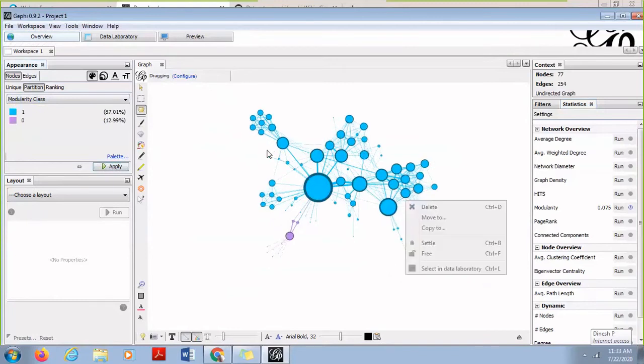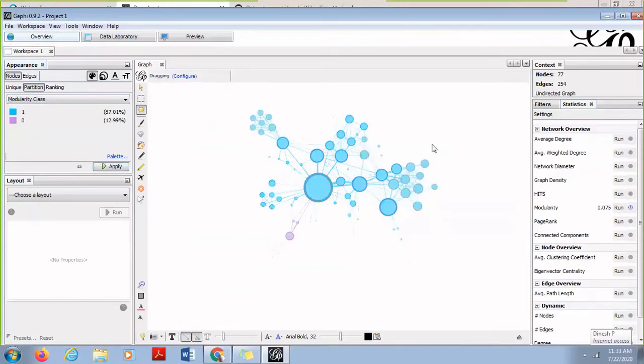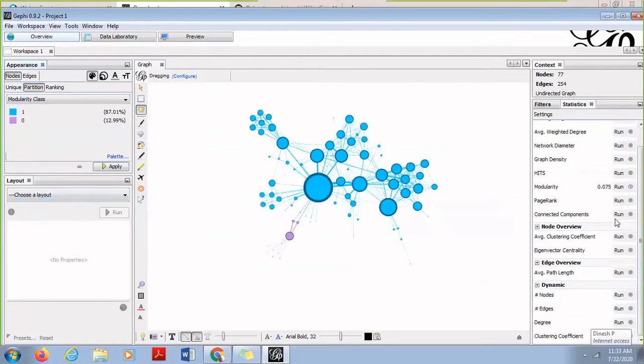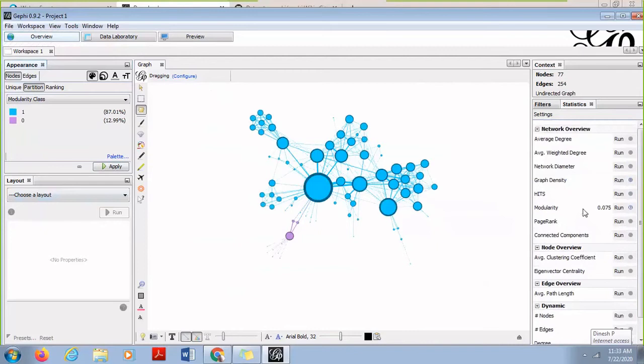So here you will see that there are only 2 communities. One is the one which is shown by the blue color, and the other which is shown by the purple color. So depending on how you want to analyze the network, or what features you want to analyze in the network, you can apply these factors and you can change those values as per the requirement. There's another option which is available over here, which is related to network diameter.